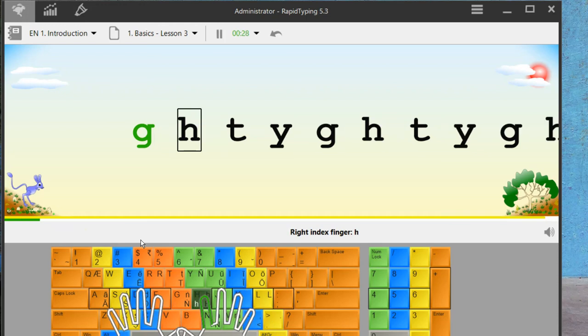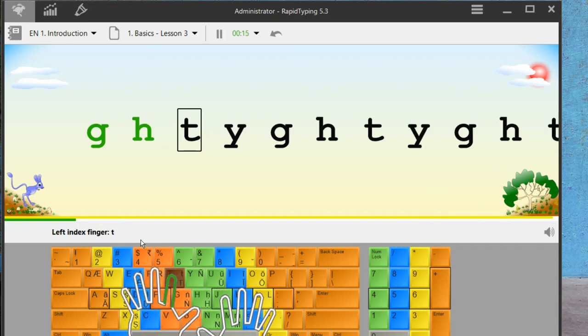Then to type H you have to use the right hand index finger, then give the space with the thumb.